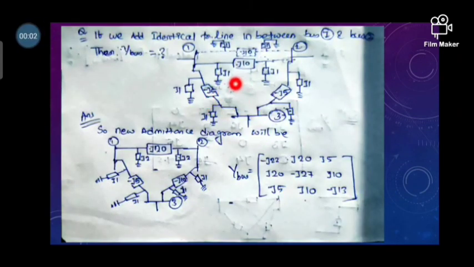But here see, in the previous diagram, let's find Y11, that is equal to minus j10 minus j5, that is minus j15, plus j1 plus j1, that is equal to minus j13. So minus j13 is not equal to minus j22. So for those 4 elements, it is up to you. You have to calculate all those parameters, then check all those things by comparing this network with this network. Those 4 elements will not be the same as in the previous network, and all those 5 elements will be the same as in the previous network. It is up to you to calculate all those things.